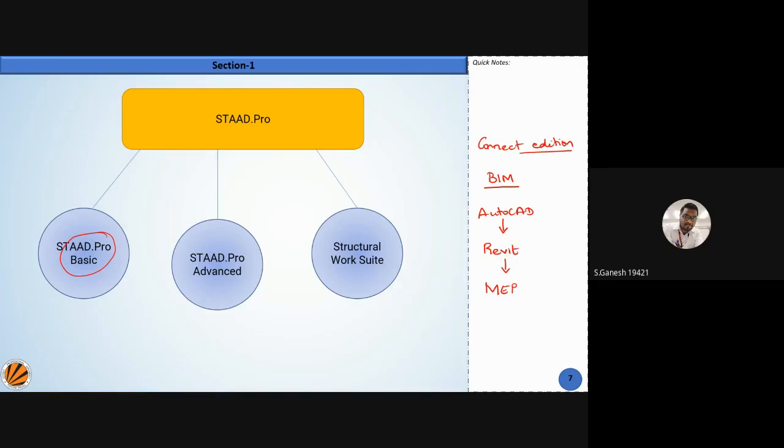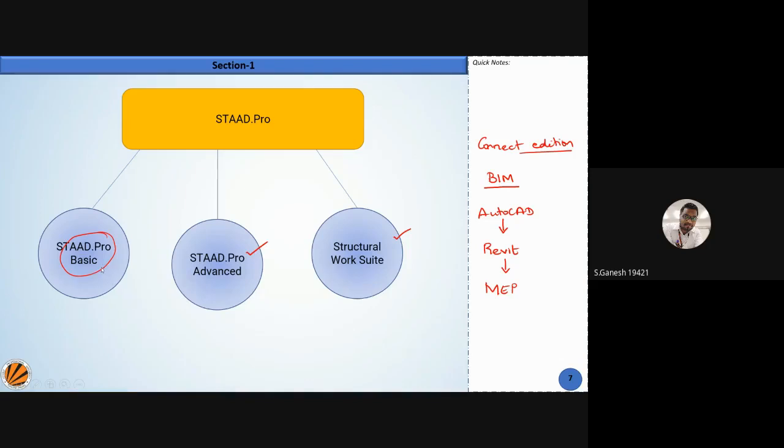So that all these files are together, we work with the Connect Edition. For that Connect Edition, we call it STAAD Pro Advanced level and also the Structural Suite. We will be coming closer to that. These are advanced levels where the software is used with heavy graphics cards and very high-level configurations, right?